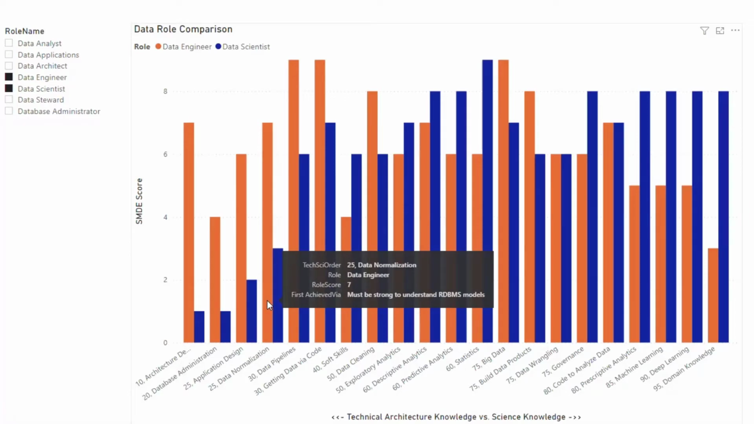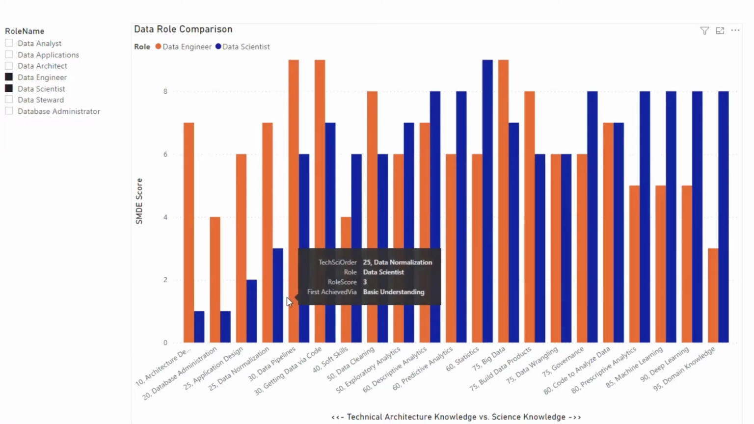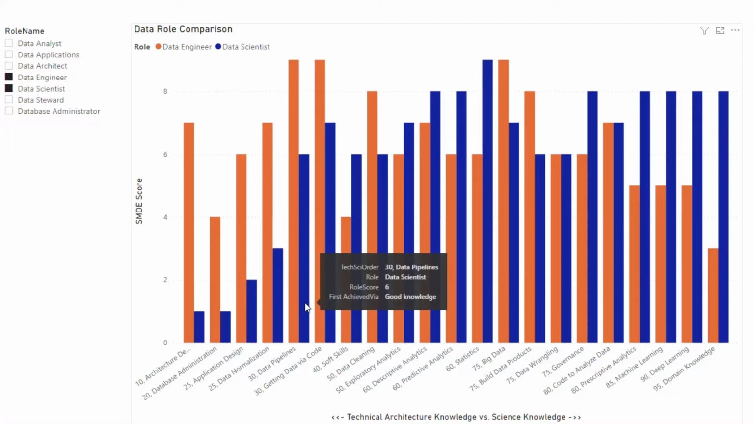Data normalization, again, that's a big thing for data engineers, not so much for data scientists. Data pipelining is sort of like the core of the data engineer's world: how to move data around. Data scientists will have a good understanding of that as well, because they'll be using the output of those. They might not be creating the platform per se, but they'll have a good understanding of it. And getting data via code, that's something that a data engineer is just going to be